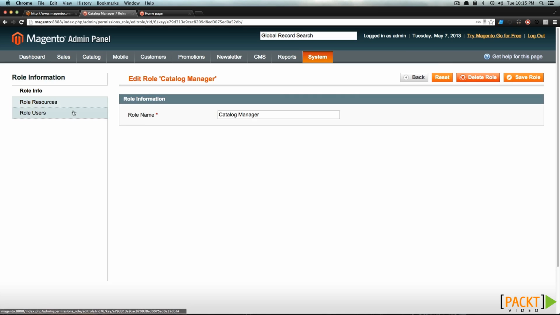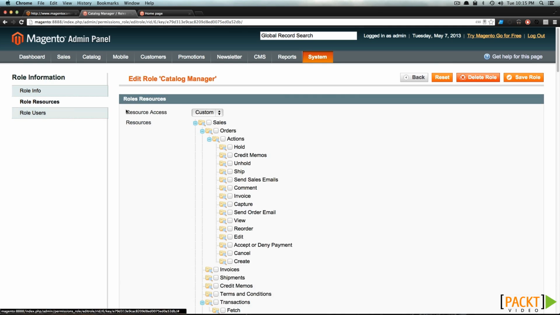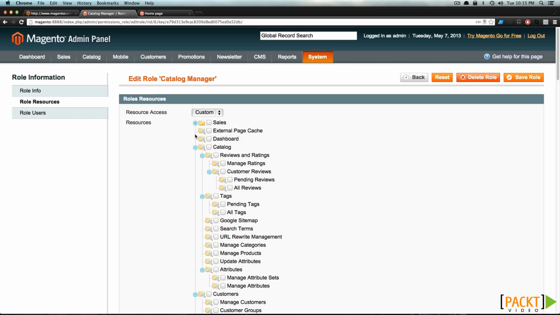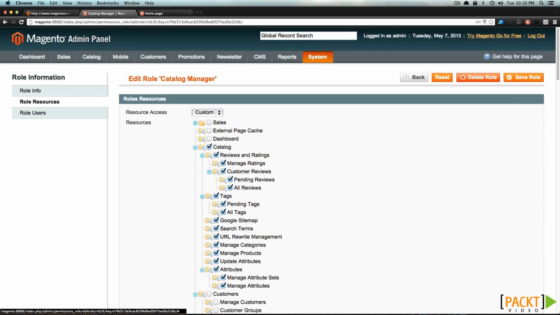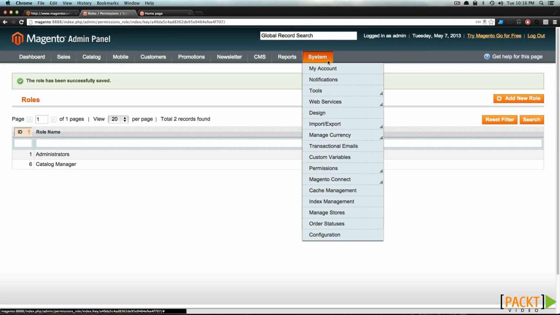If we click on this, we can go to Role Resources, and notice by default it's set to Custom. You could select All, however we want this to be Custom. We don't want them to see any of our sales data, so we're going to close this, and what we want is just our catalog. If we click this root Catalog, it's going to select everything here. So these catalog users will be able to manage our reviews, our products, our attributes, everything that's listed here. Now if we click Save Role,